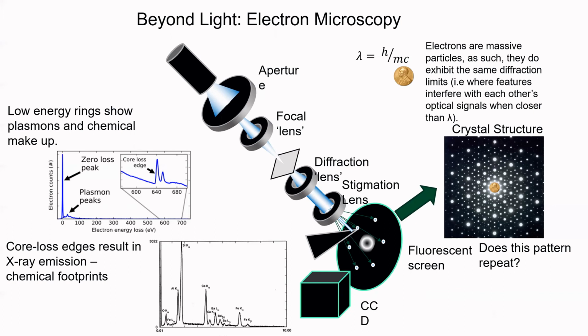So it's easy to get electrons whose wavelengths are much shorter even than the scale of an atom. You do have to be a bit careful because you can eventually get to the point where you have to think about relativistic correction. If you accelerate electrons by 100 kilo electron volts, you have to start making relativistic corrections to work out their wavelength. That then means you can look at the diffraction pattern from a crystal